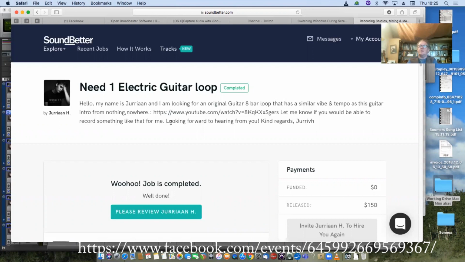So I said, yeah, I put in a proposal for $150. Usually, because it's only an 8-bar loop, the client comes back and says, oh no, that's far too much. It's only an 8-bar loop. But the amount of time it takes to set everything up, do it, archive it, and by the time the site has taken its commission and I've converted it into pounds from dollars, it's not really worth doing for much under $75. And I would sooner earn some more money from it. And I'll show you how I propose to do that.